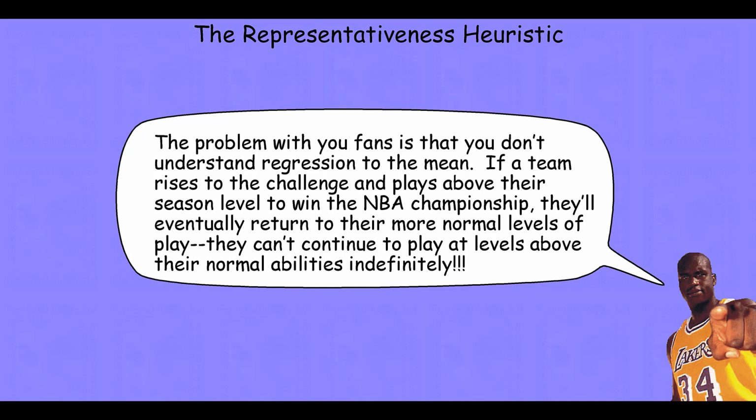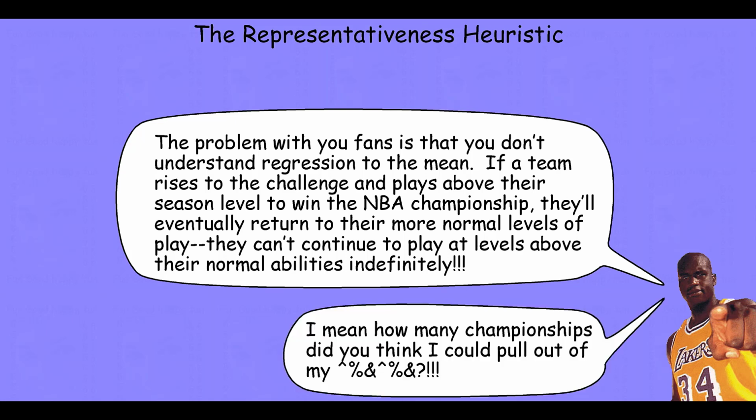Another example of this is what's called regression towards the mean. People are just terrible at recognizing that when something deviates significantly from the standard, it will regress back towards that standard over time. For instance, when the Lakers were winning NBA championships all the time, people just expected that to continue on, even though there were lots of mechanisms built into, for instance, the NBA draft, and the fact that players age and so on, that would make that performance regress towards a more normal percentage of championships for any given team.